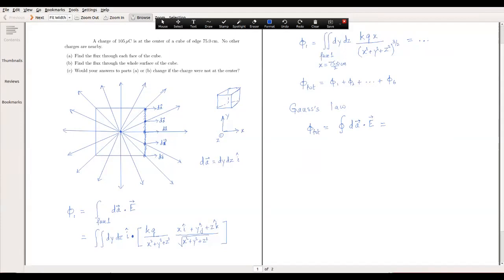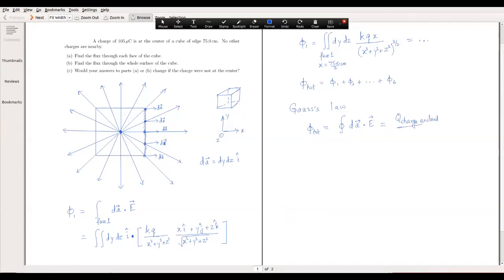This has information about the source of the electric field, and the source of an electric field is a point charge. It could be a positive charge or a negative charge. If it's a positive charge, it's a source. If it's a negative charge, it's a sink. In this case, all the electric field lines are radiating outward, so it's a positive charge. Even if there was a sink, it doesn't matter. It's the total charge that counts. So that's equal to the total charge enclosed, the sum of the charge enclosed, that's how you can see it,